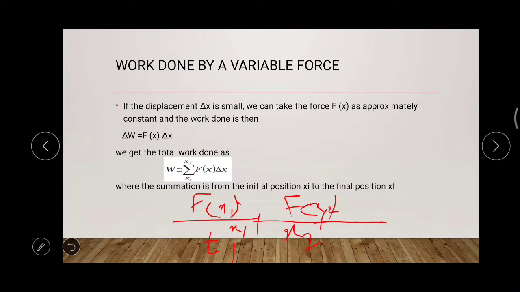Again, for a particular point till x3, the displacement is x3. So the first displacement is x1, the second is x2, and the third is x3,